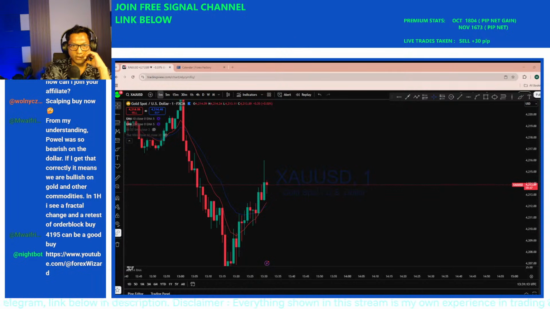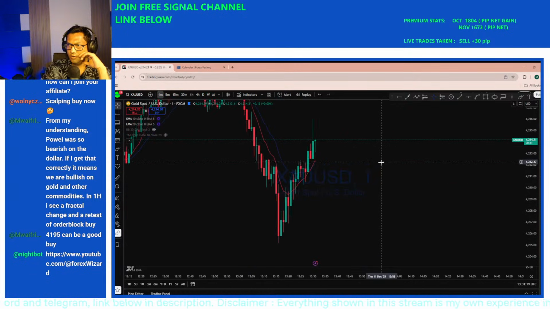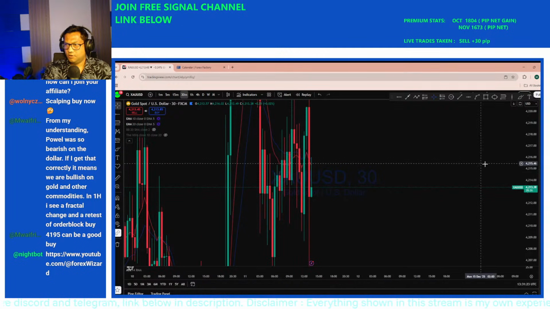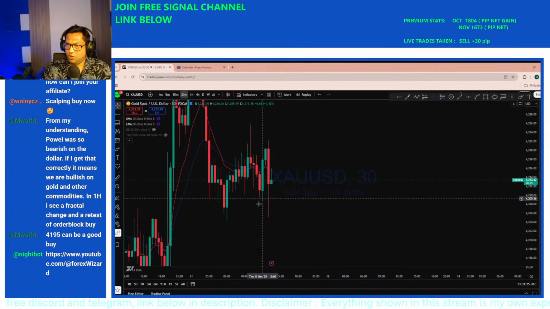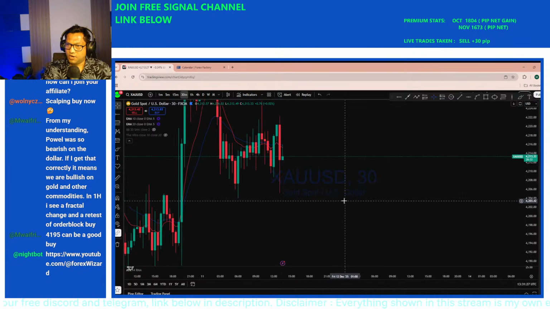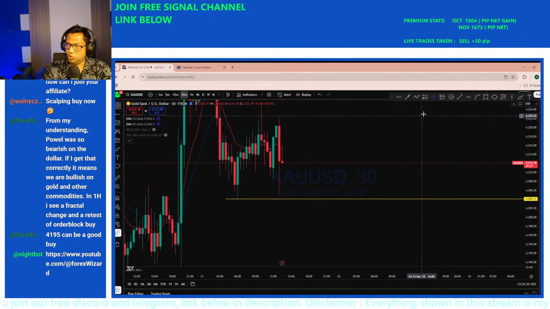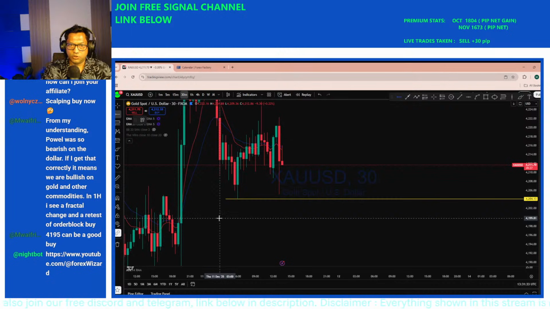So you can see there are some... if we look at the lower time frame, this is 30 minutes. There is a long wick, and this market may bring that price well below here, because if the price